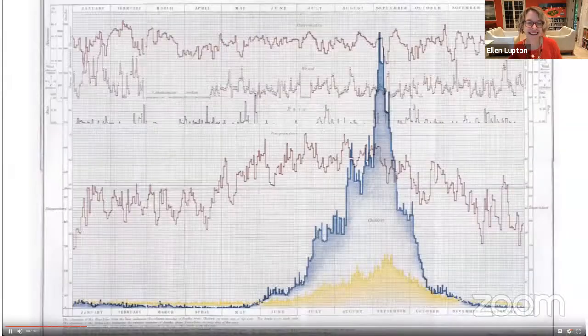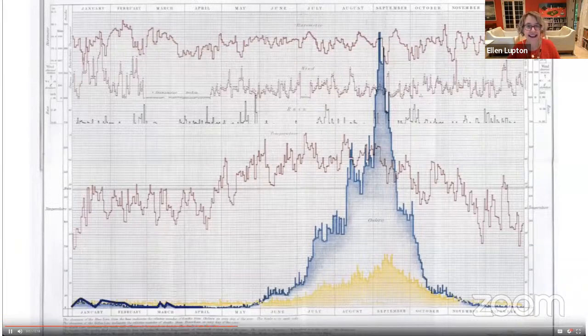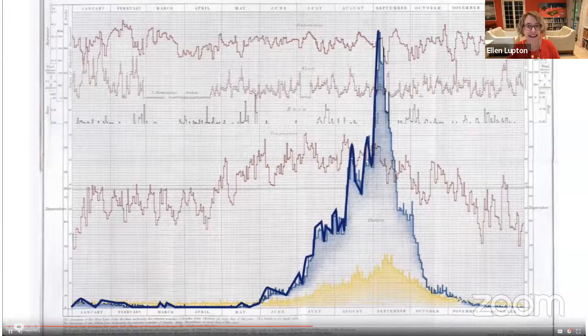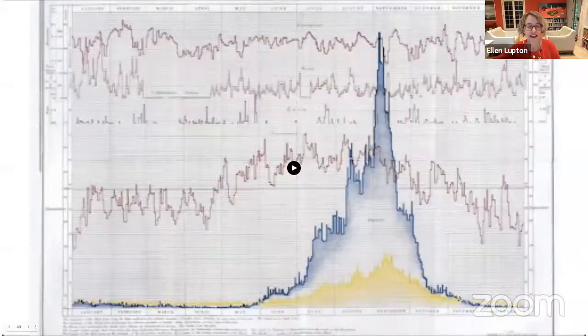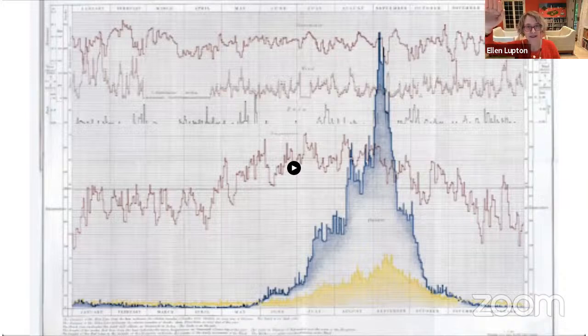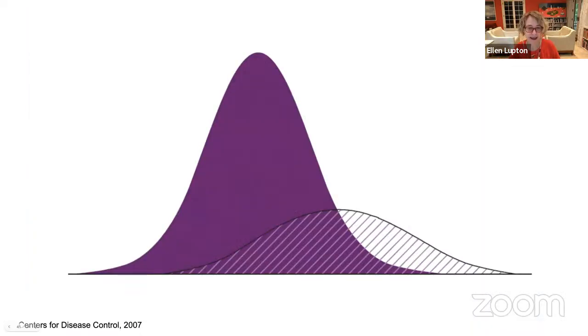This is a graph of a cholera outbreak in the UK in the 19th century. So this was already being used to graph how diseases spike and fall. So the cholera epidemic rises as more and more people become affected, and then it falls as immunity in the community makes it impossible for the virus to continue making people sick. In this case, I think of bacteria.